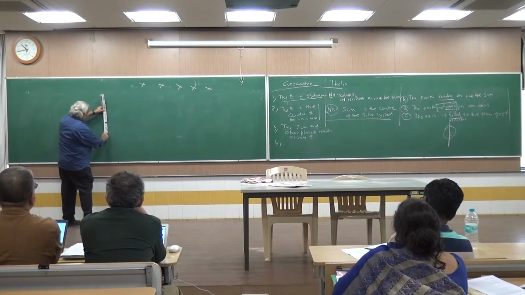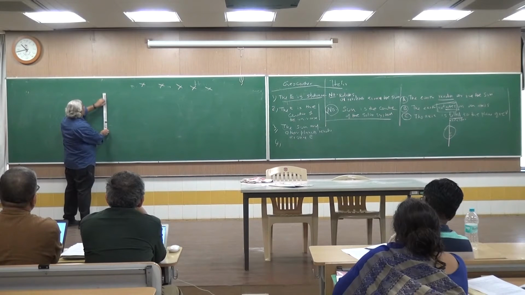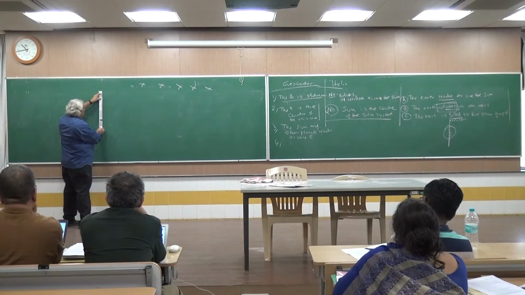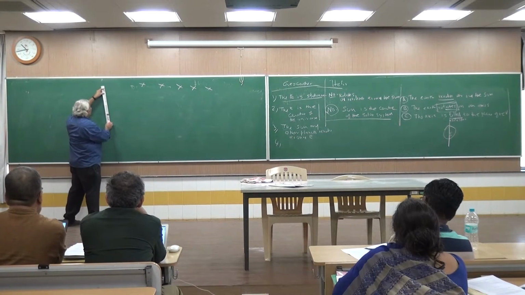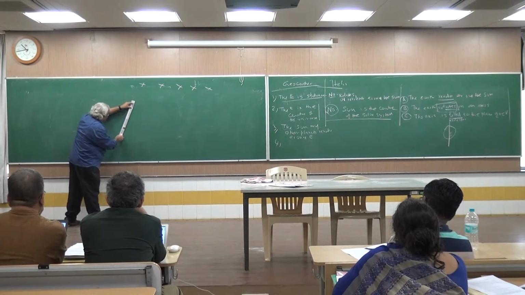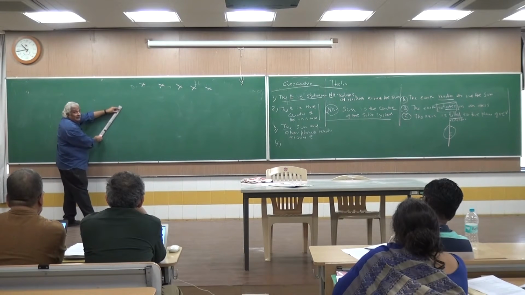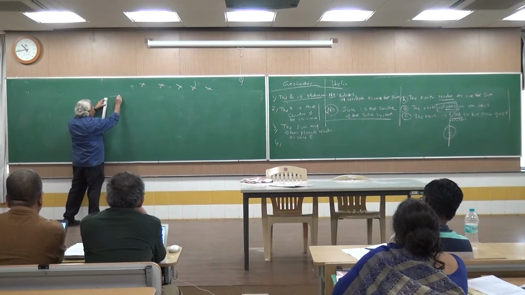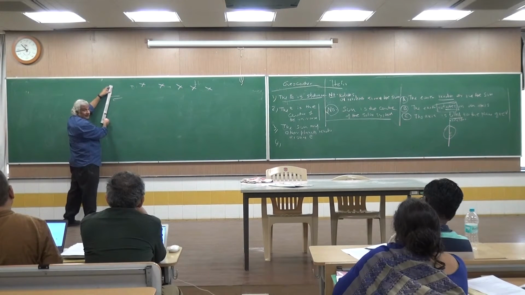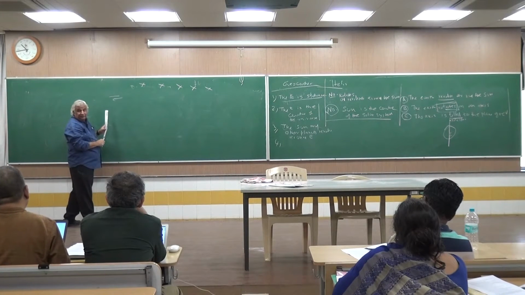So here is the Earth, here is the planet, and here are the stars. And look at the position of the planet. This is the observed position of the planet. This is the actual position, but against the stars. Suppose you are moving like this, right? Notice that the tip goes in this direction first, and then seems to reverse direction when it comes round. That is the retrograde motion.